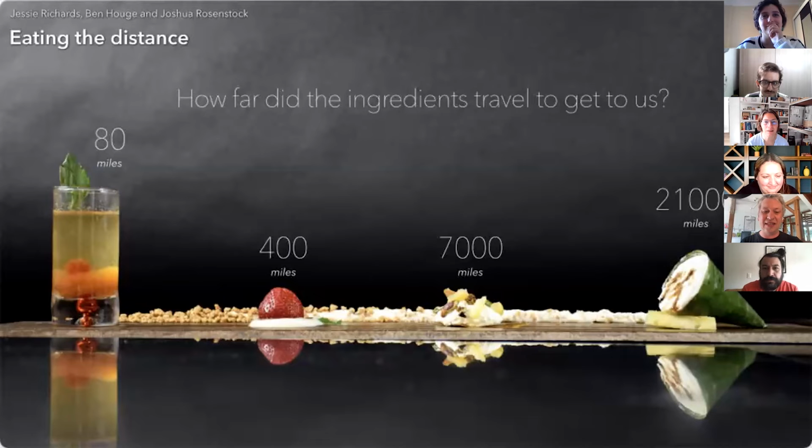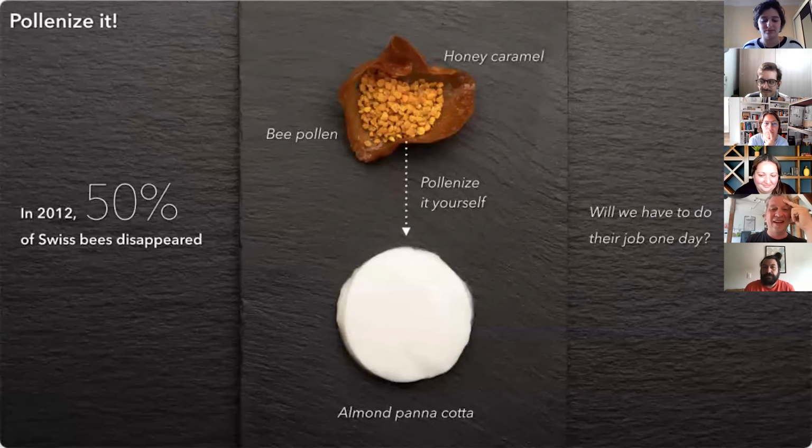Another dish looked at the amount of miles the ingredients had to travel. They arranged 4 different desserts in the room according to the distance. And that tapioca thing on the very right, with super exotic ingredients, was basically in the next room. So you had to walk quite a bit to even get it, right? It was this idea that you have to travel because the food had to travel. Other participants thought about what happens when the bees disappear. Who does their work? They concluded, well, then we have to do the work. So they left the dessert unfinished, because if the bees are missing, they cannot pollinate the dessert anymore. So you have to do it yourself.